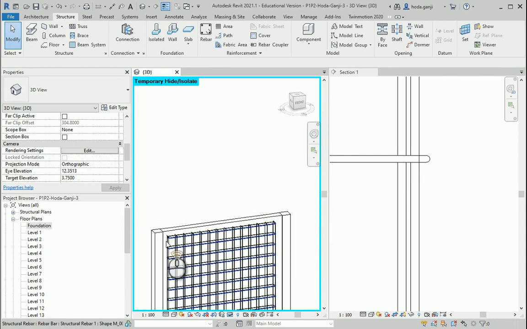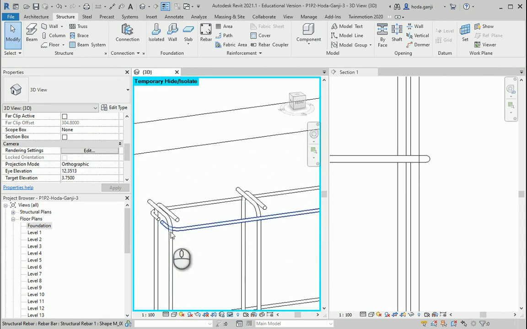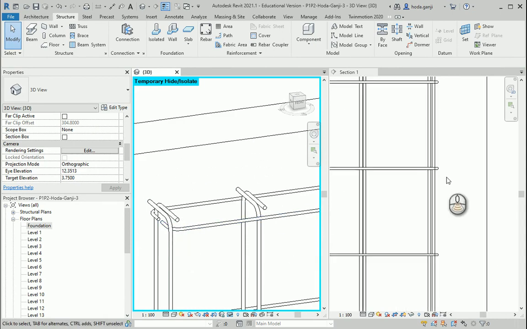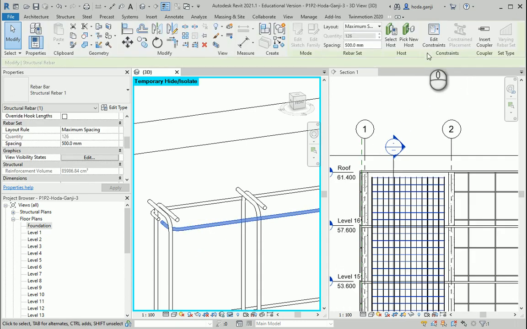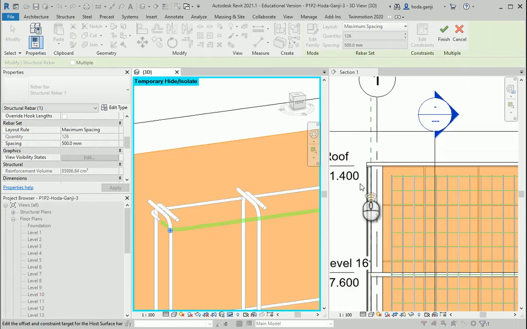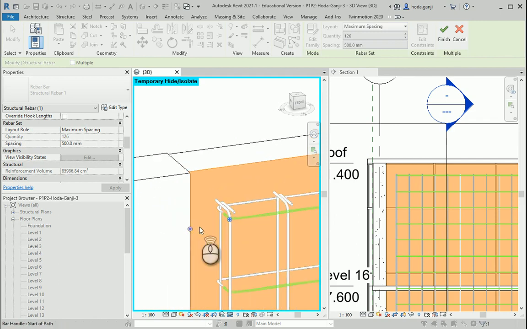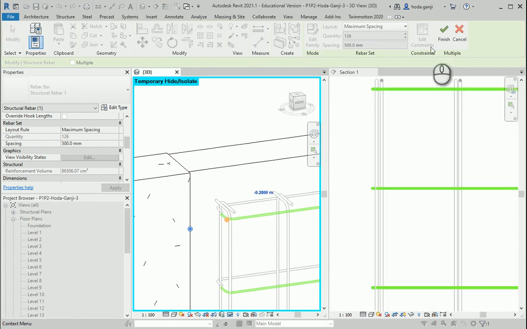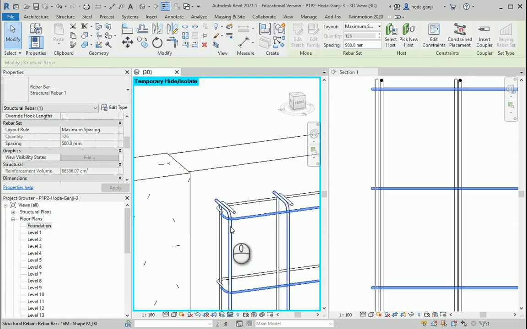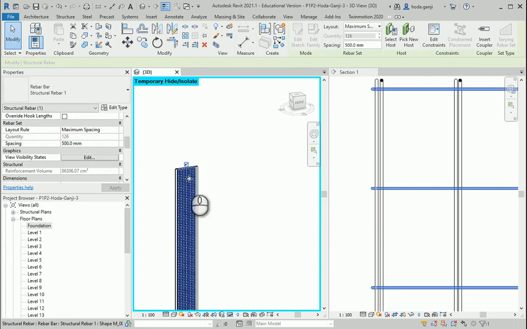On the other side, I might also need to increase this value a little bit. So I'm gonna select this rebar again, go to edit constraint, and for this side, we assigned negative 0.3. It's gonna be negative 0.28. Finish, and now there is no conflict on this corner either.